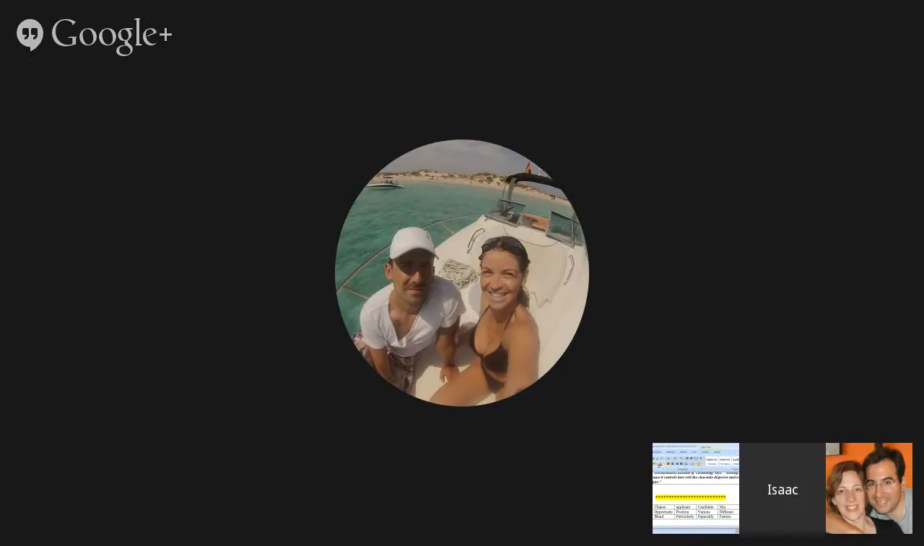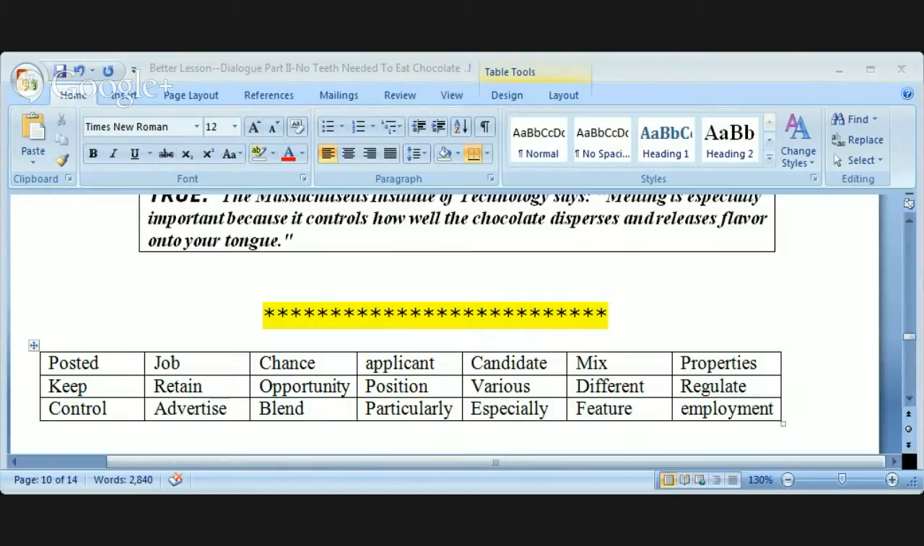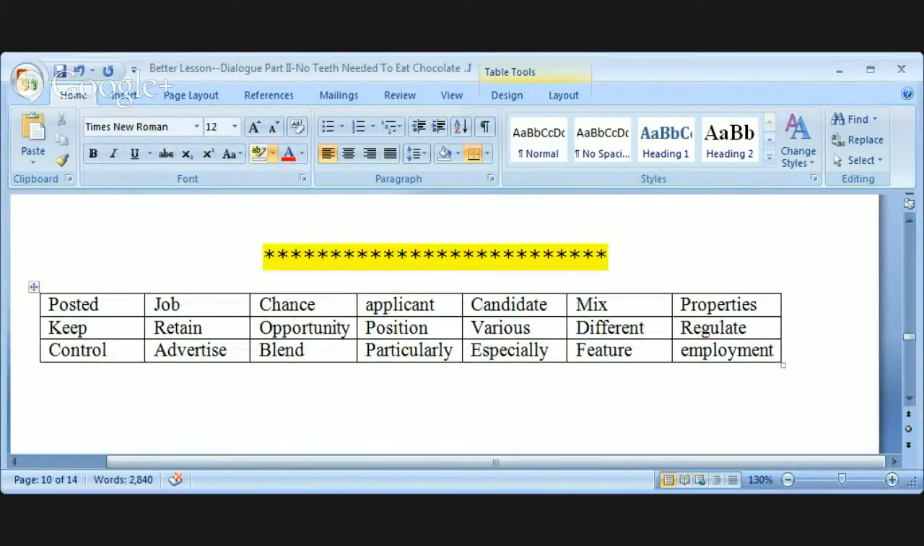Well, the university has posted on its website an opportunity for a job to study the properties of chocolate. The candidate has to